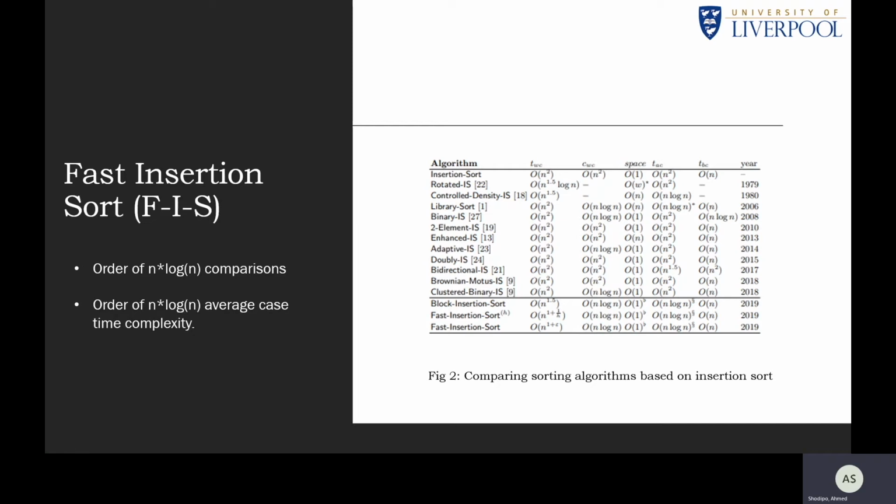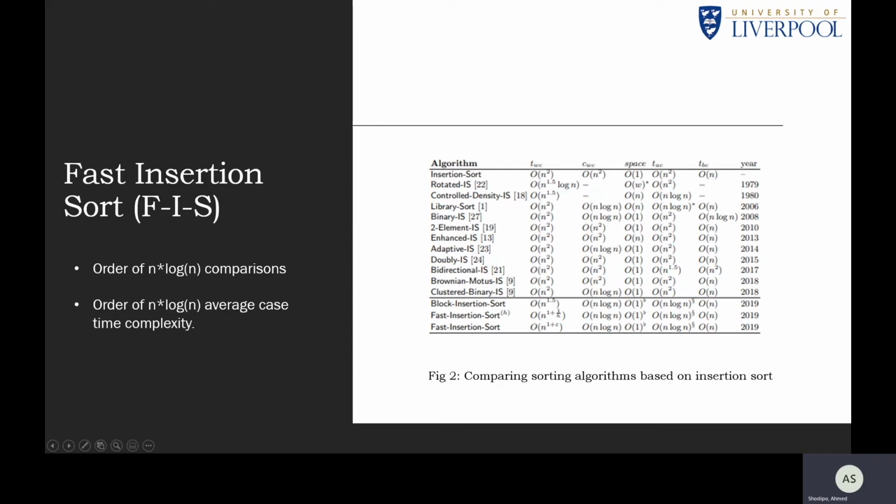Thanks, Sahib. Now that we have a good understanding of insertion sort, its properties and drawbacks, let's focus our attention on fast insertion sort. Fast insertion sort improves on insertion sort in two major areas, the first being in the number of comparisons and the second being in the average case time complexity. The figure in this slide